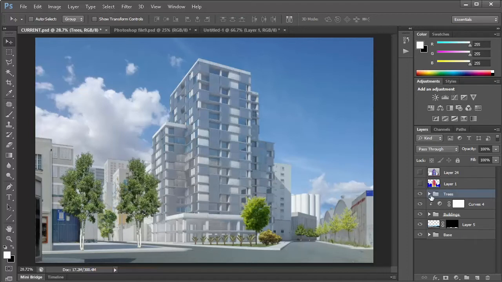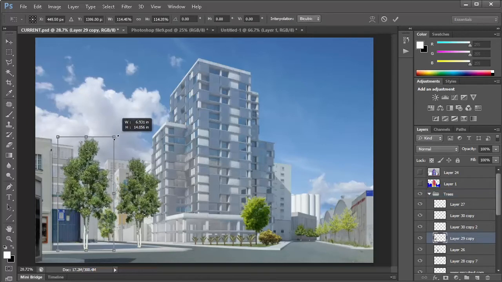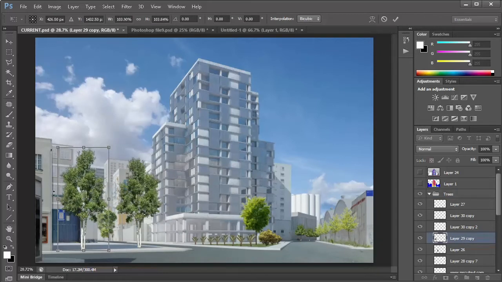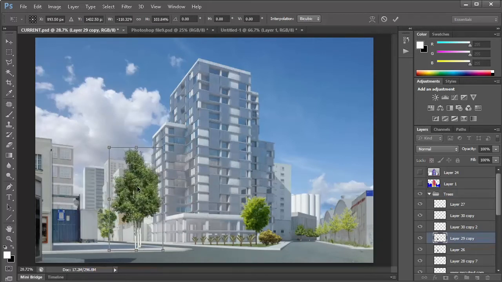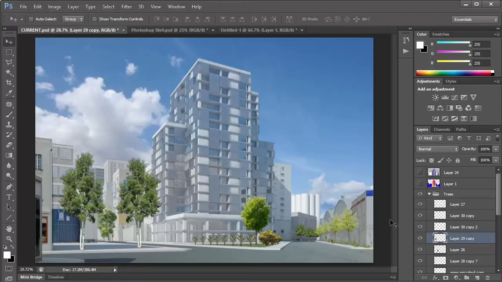And again, the way that you edit any one of these trees is just the way that we had edited all of the buildings, which is, Control T makes it bigger, smaller. You can mirror them, so you can use the same tree and it doesn't look exactly the same. And at the moment, don't worry too much about shading at all. Just make sure that they mostly resemble each other in terms of how light or dark they are.